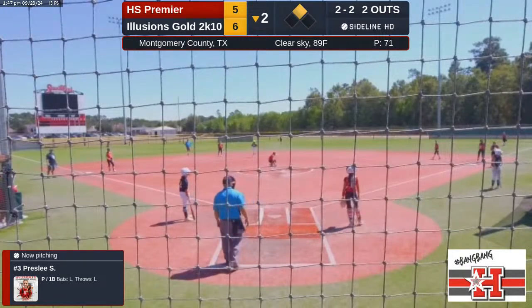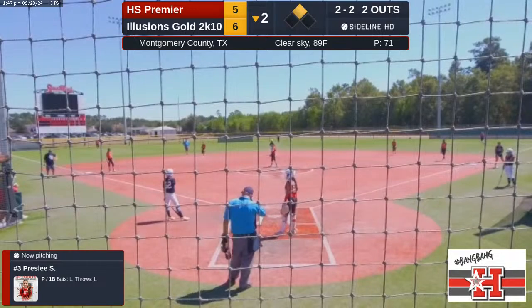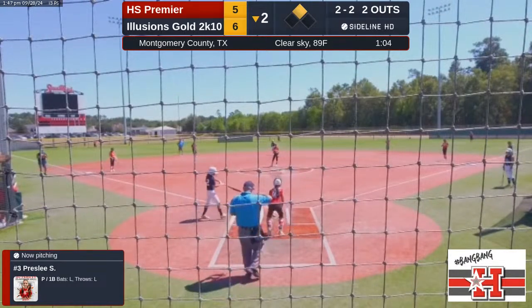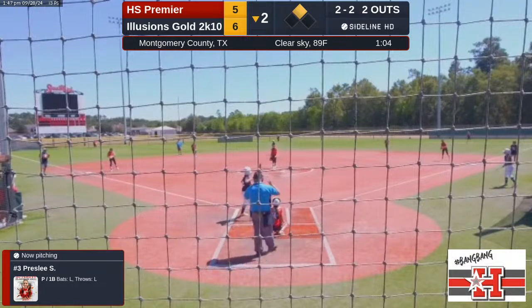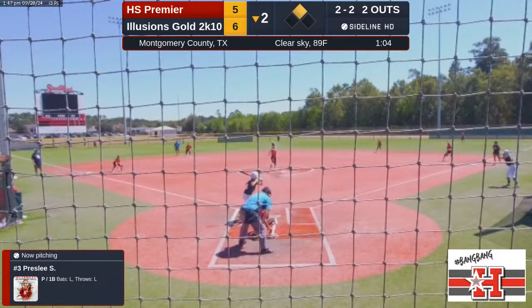The Jets are going to have to come back and get a few more here in the top of the third inning. We got 10 minutes left or so in this game. Hotshots trailing this one 6-5 after dropping the opener this morning 9-1.